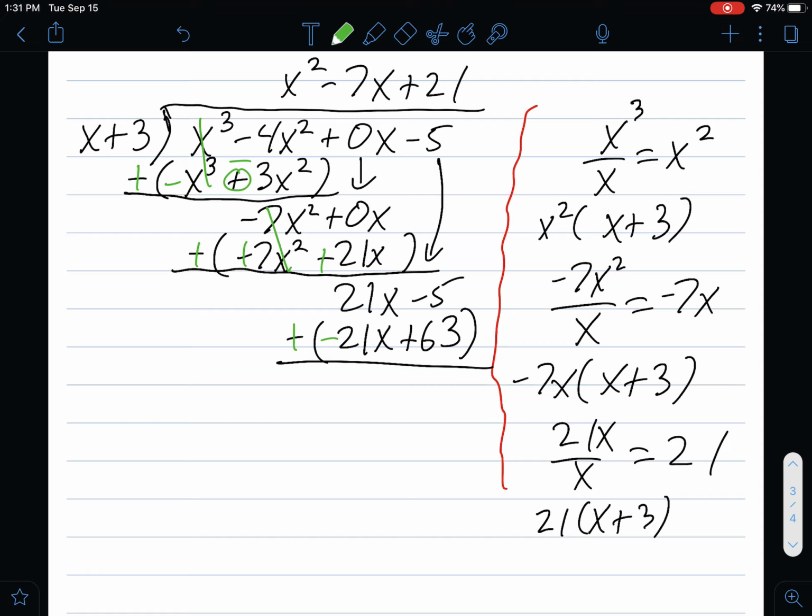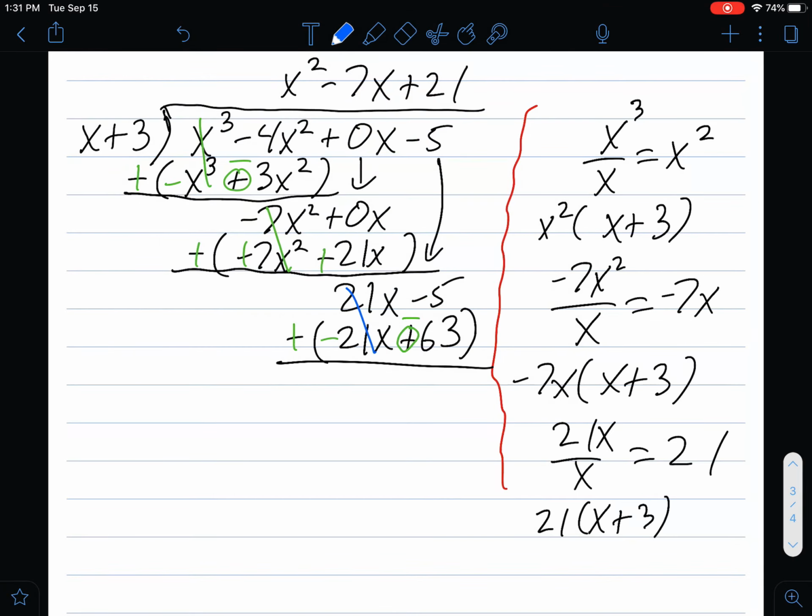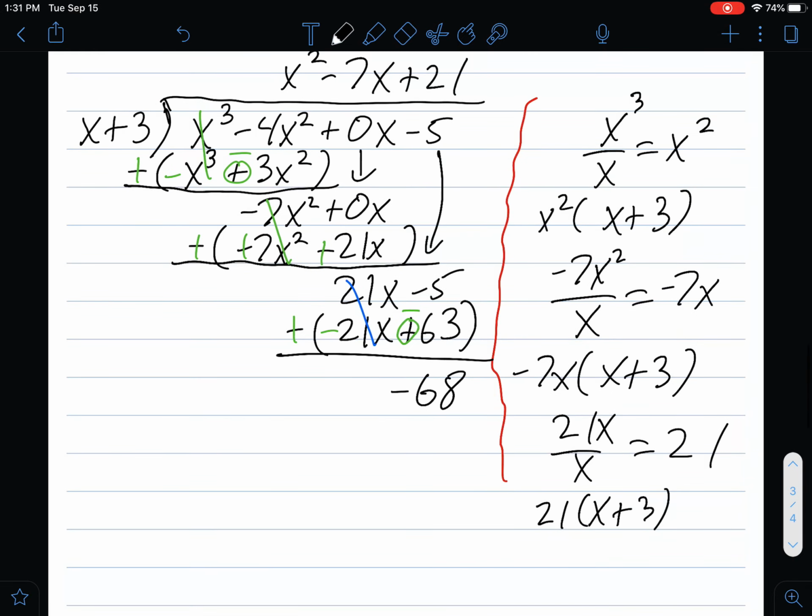Positive 21x becomes negative, and this positive 63 becomes a negative 63. So the 21x minus 21x cancels out. Negative 5 plus negative 63 is negative 68. This is our remainder. So our answer here is x squared minus 7x plus 21, plus a negative 68 over